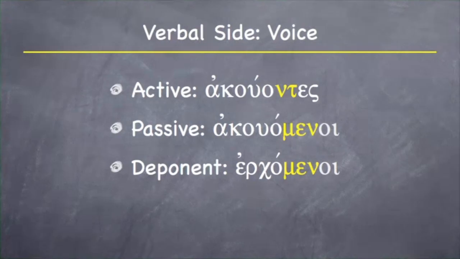And so you're going to see this as a present, but it's from erchomai, so this is a present deponent participle, nominative plural masculine, okay? From erchomai, meaning coming or going. So that's the verbal side, the tense and the voice. Pretty straightforward, isn't it? Switching over to the adjectival side, what's going to determine the case, number, and gender of